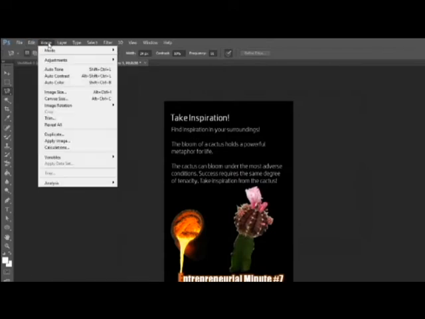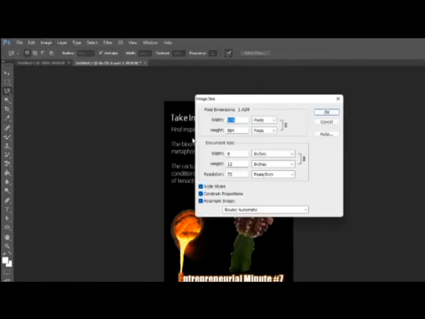Now, if you want to make sure you have the right number of pixels, what you want to do is go to image size. Now, the rules for pixels is that you want 552 by 368 minimum. You can easily double that if you want a nice picture, depending on how much detail you have. If you have less detail, you probably don't need as many. So here we have